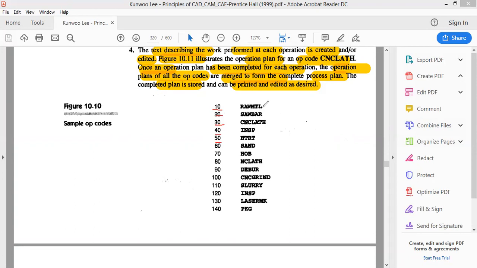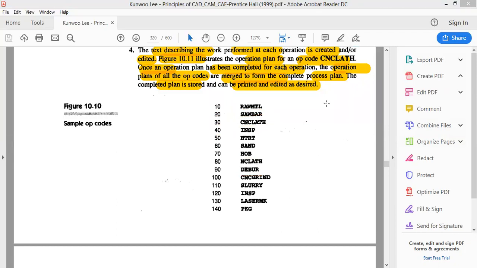It is going to carry a meaning, right? So if you look at this, 10 is for raw material, then 20 is for saw bar, then 30 is for CNC lathe, right? And suitably the other things. Some hobbing operations have to take place, then they have to do the deburring operations like this. So codes will be presented like this.